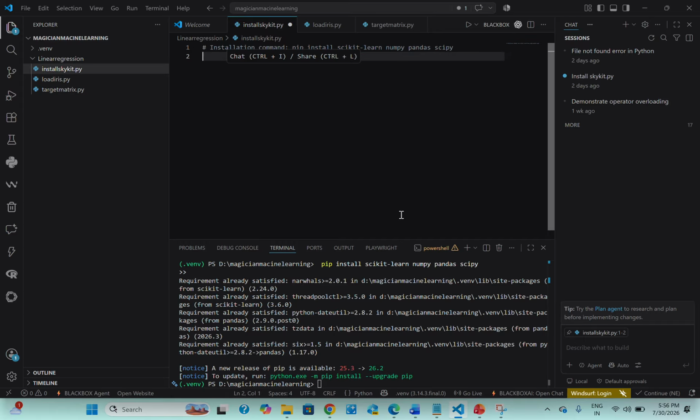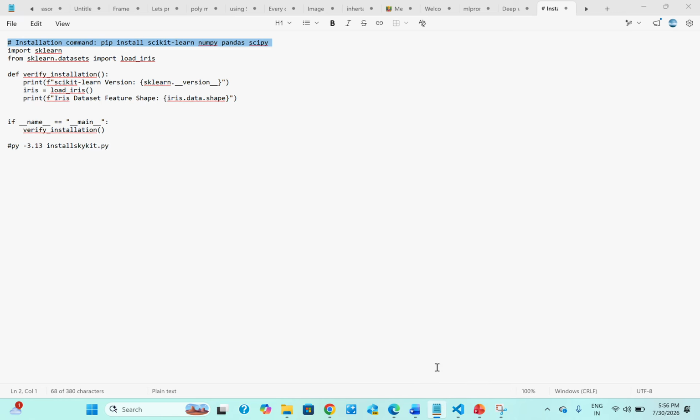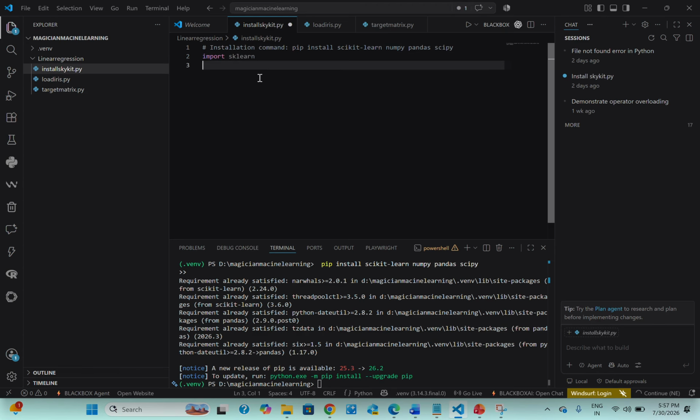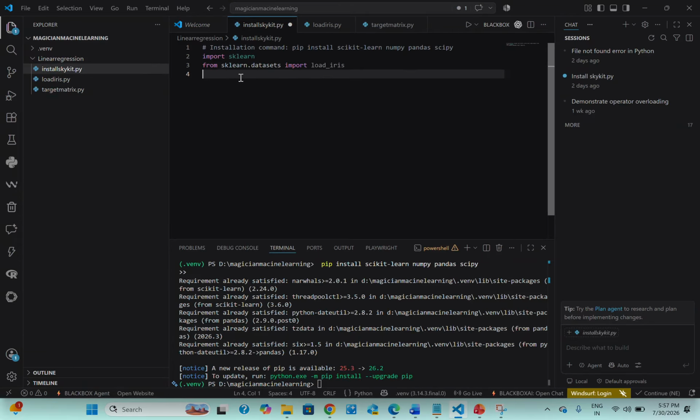Now we have installed the libraries. Let us start with the code. We have to import the library, so we are importing the library called sklearn. Think of this as your university. In a university you will have a lot of branches, so we are going to master one of the branches now. Dataset. Okay, sklearn datasets.